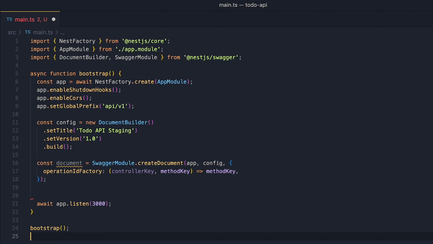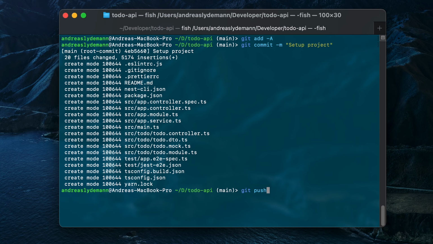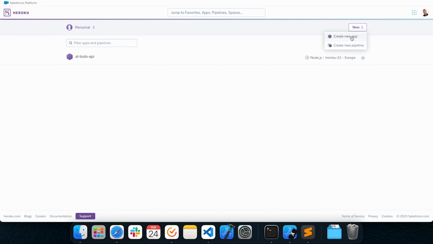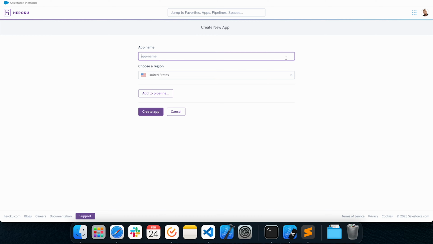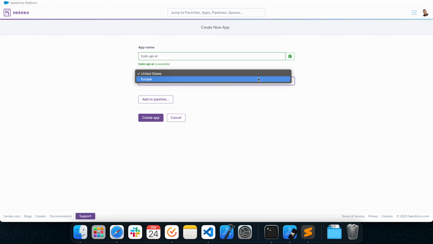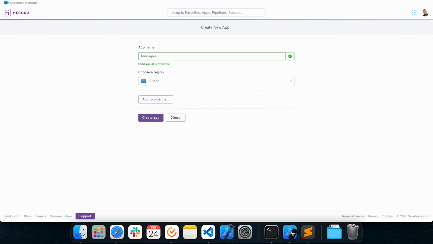Once our project is set up, let's go ahead and commit our changes and push it to GitHub. To actually host our new API, we can use Heroku and create a new project in here. First you give it a name, then you select a region, and then you press create app. Once the Heroku app is created, we can go ahead and connect our GitHub account and find the actual repository